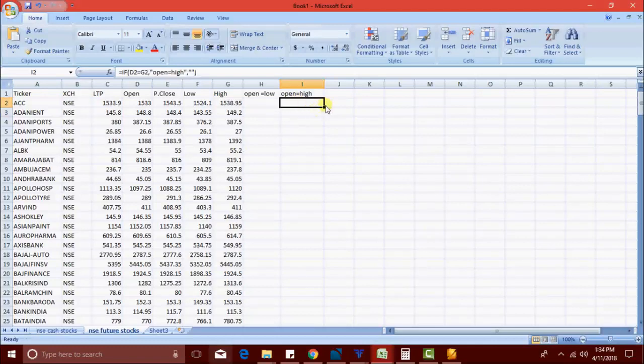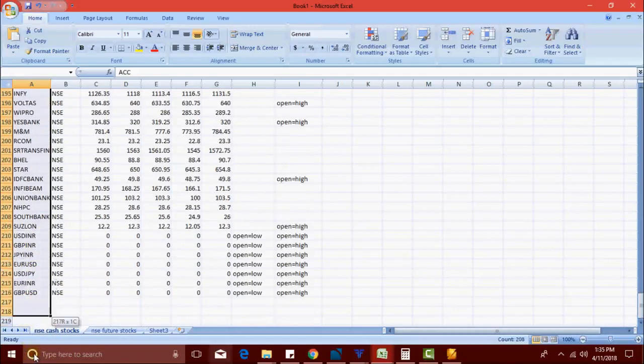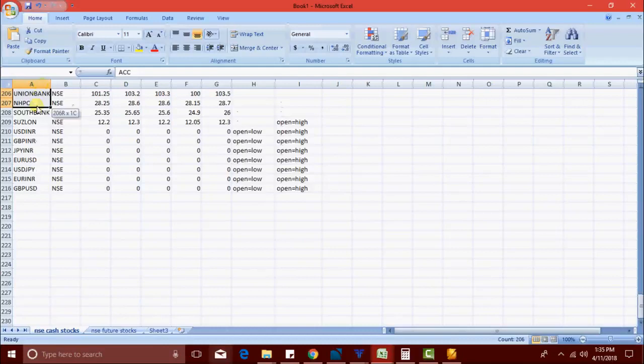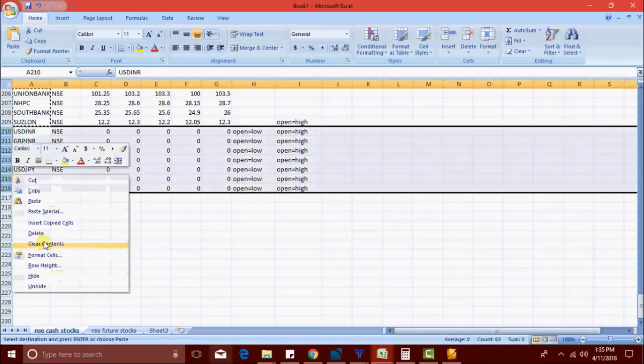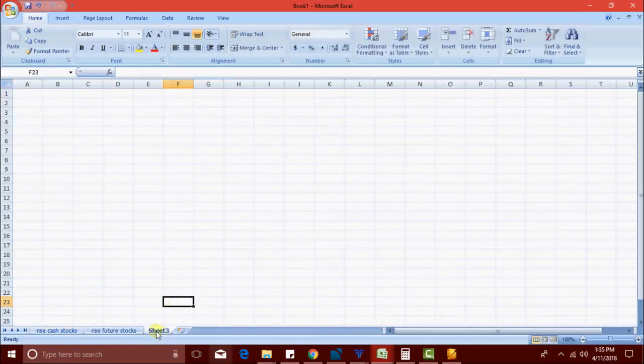So now we got both open equal to low and high for NSE cash and future data. This is future and this is NSE cash. I'm just going to make another scanner. Just copy the stock list. In the third sheet, I'm going to name it OHL scanner.